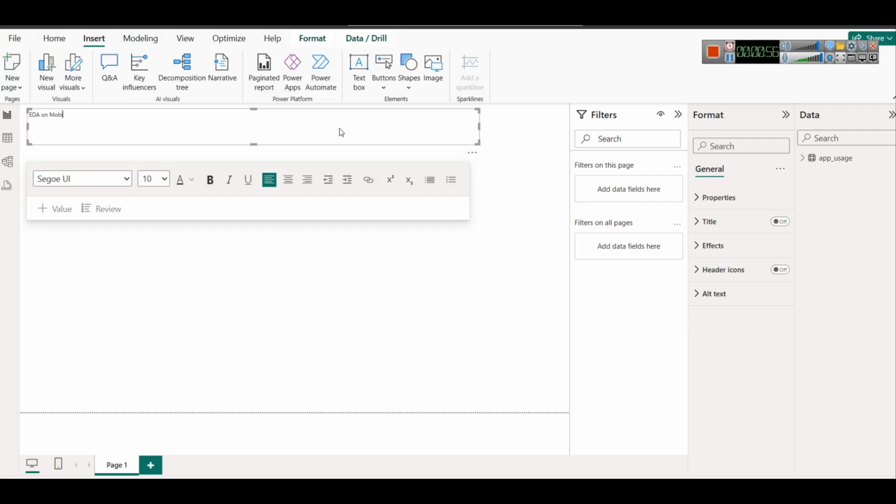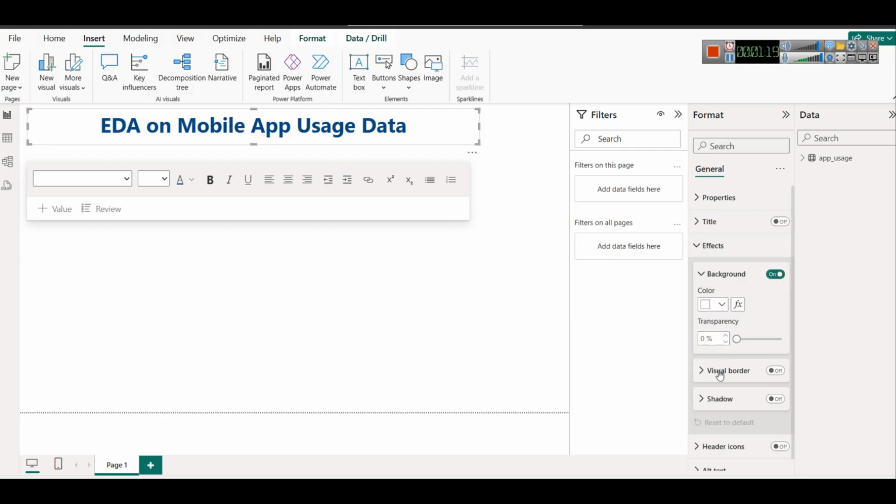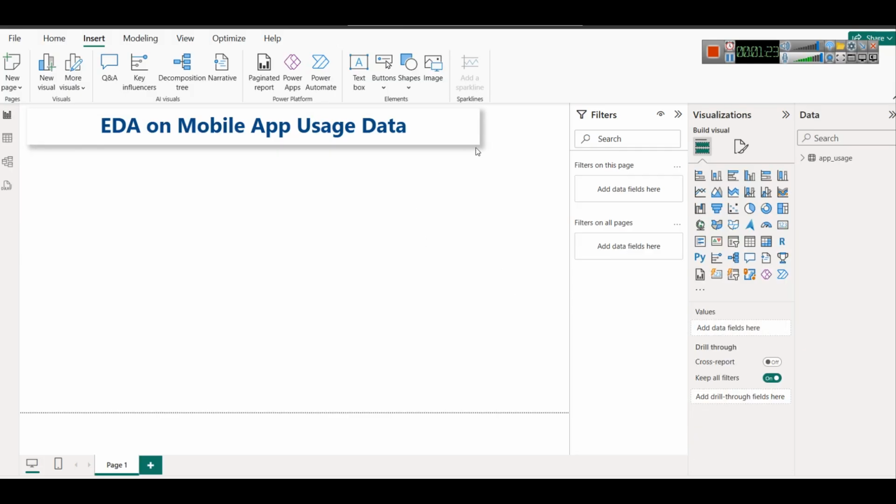We are trying to understand what this data is representing, and we have mobile applications of both Android and iOS. Here we will make it bold. Let's choose the size as around 36. We will use this font color. We will go to effects and select shadow. So this will give us this type of